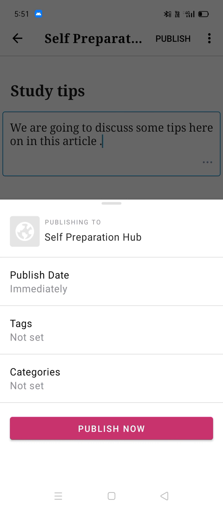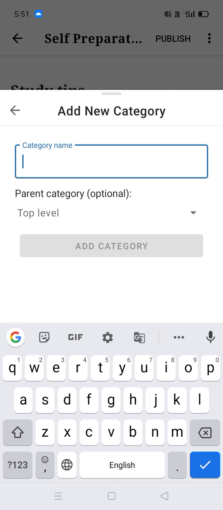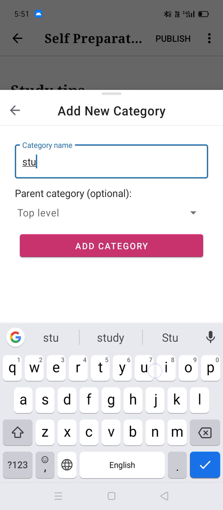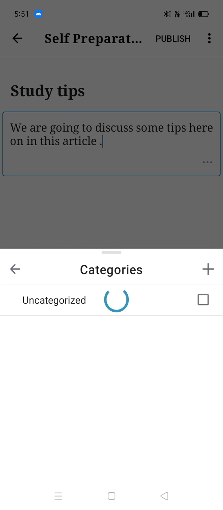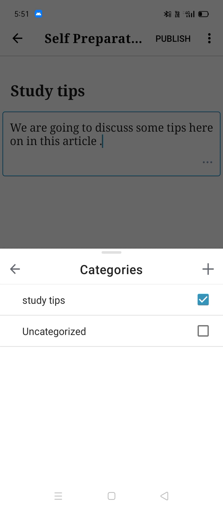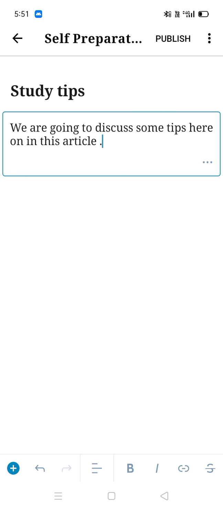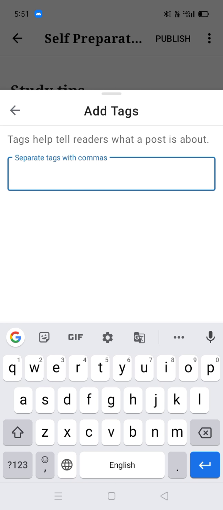So you can set some categories, like we have created a new category, study tips. Add category, and next time when we add any article with study tips, we can just go with this category.